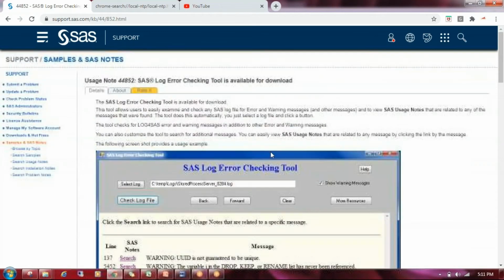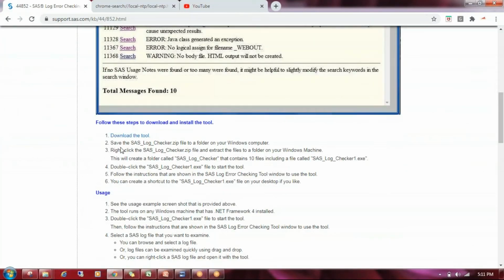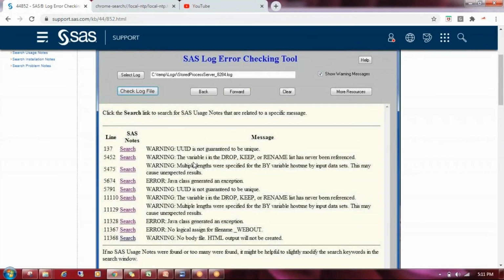You can download this tool; the download link is here. Once you download and install the tool, you can see the select log file option. Just click on select log, browse to that log file, and check it. Whatever error messages or warning messages the log file contains, you can find here.